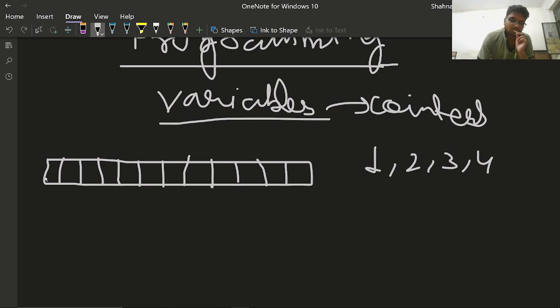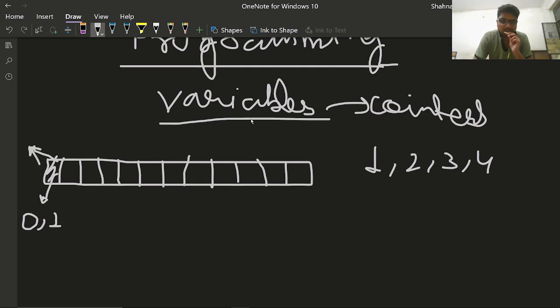This is the shape of our memory, where every single column represents a bit, and as I told earlier, a bit represents 0 and 1. This is the importance of the number system. For the sake of time, today just understand that the shape of memory is like this, in which each cell represents some value.